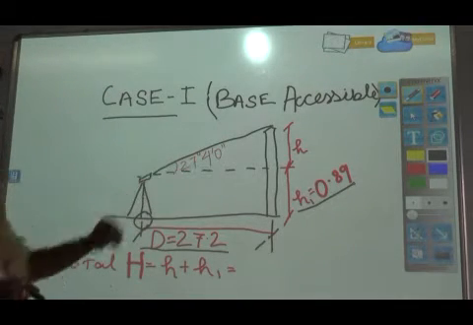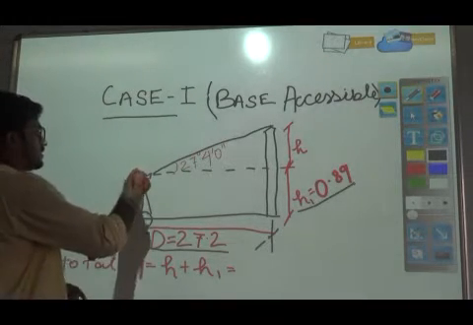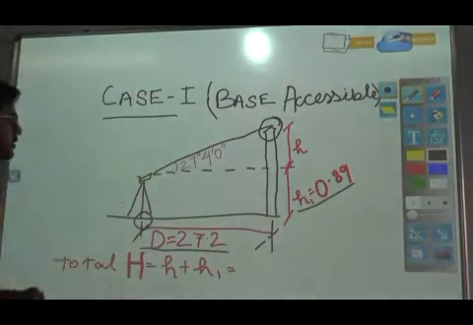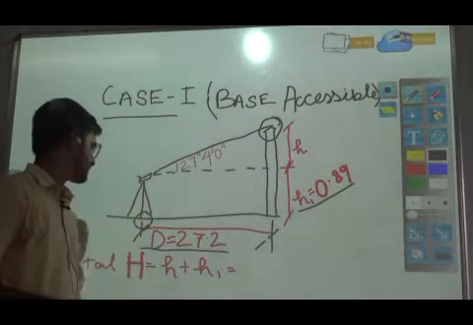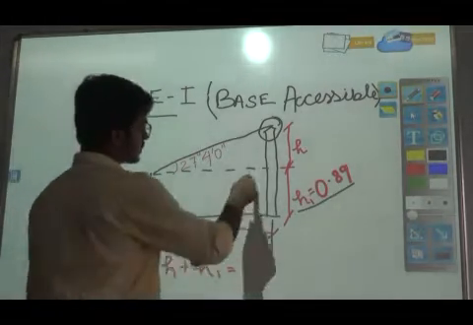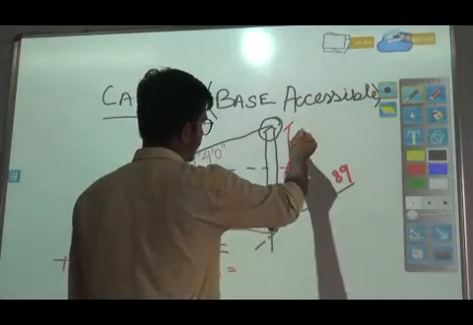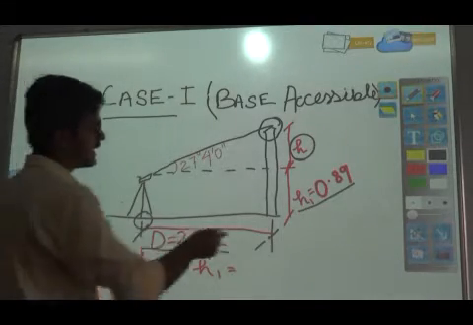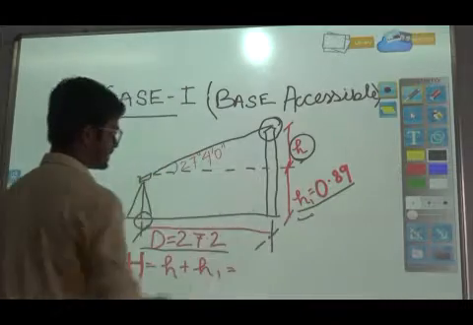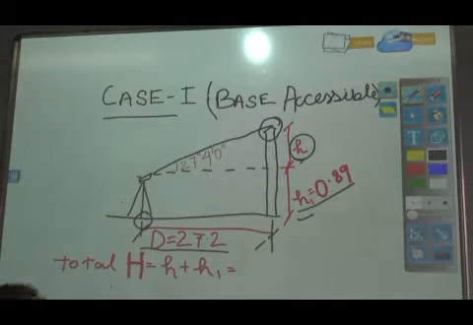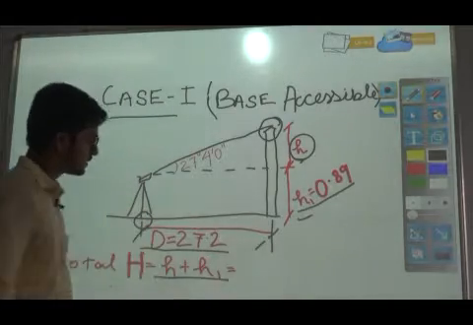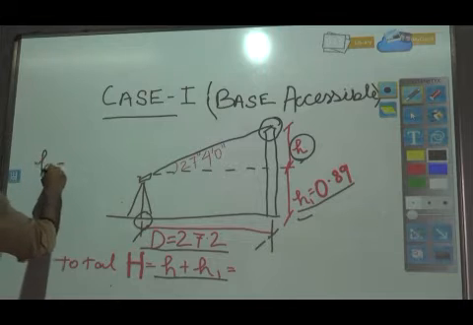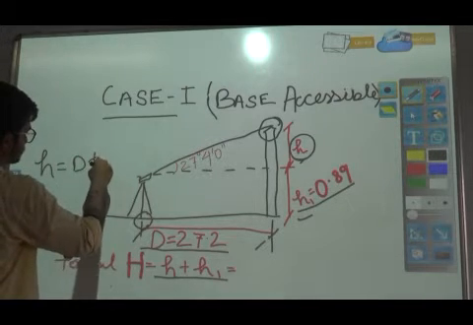After getting the height of instrument, turning the telescope and focusing it up to the top point of the building, we got the angle of elevation as 27 degrees 4 minutes 00 seconds. We have got this height h, and to get the total height of the building, we need to add h and h1, where h1 is the height of instrument. For getting h, the formula will be as mentioned in the earlier video: h will be d tan theta.